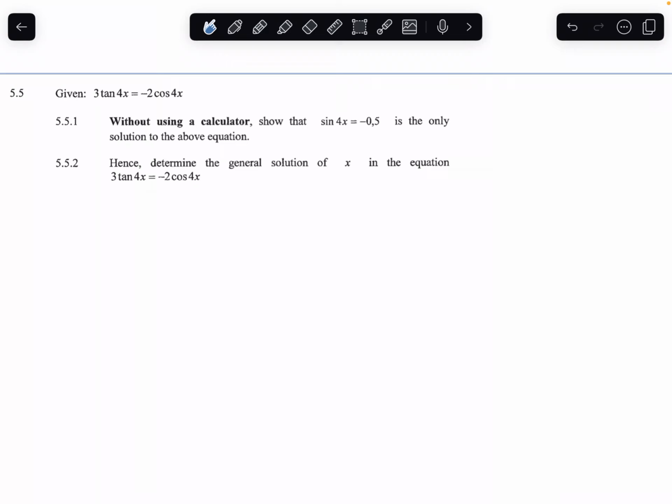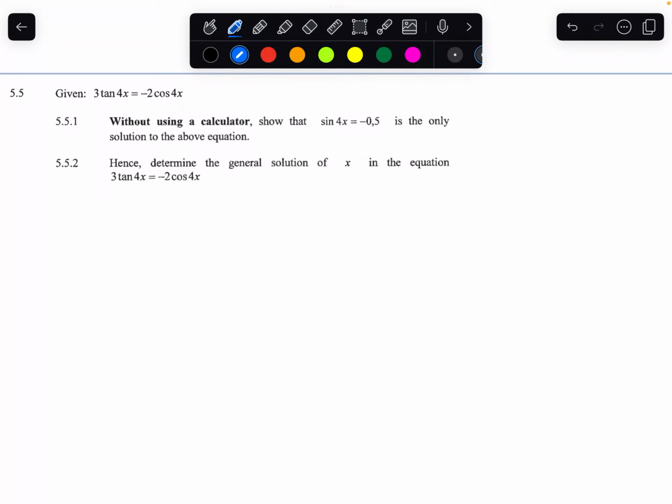Okay, so let's see. Right, so question 5.5.1. We have an equation where on the one hand we're talking in terms of tan, and on the other hand we're talking in terms of cos. So that immediately makes me think about the